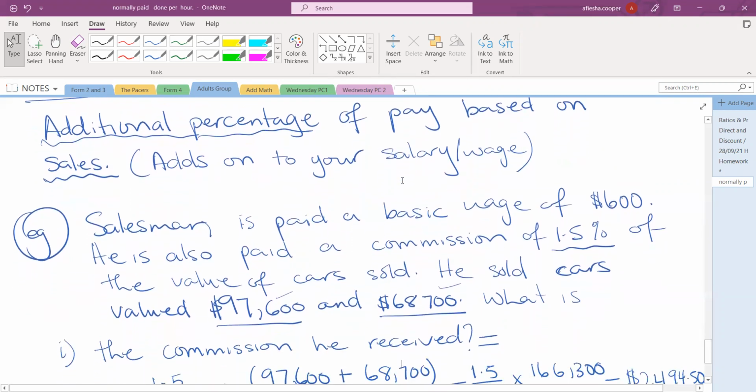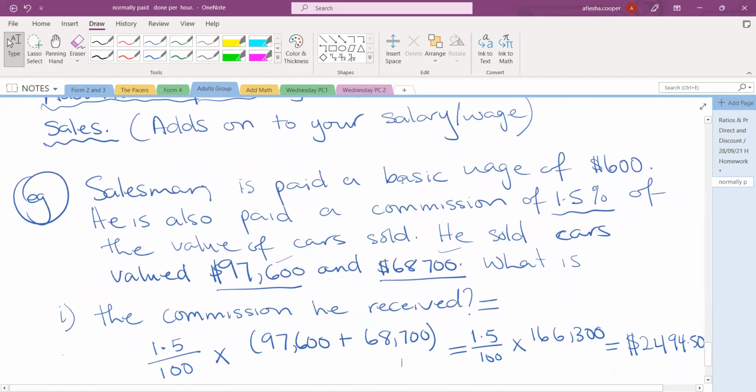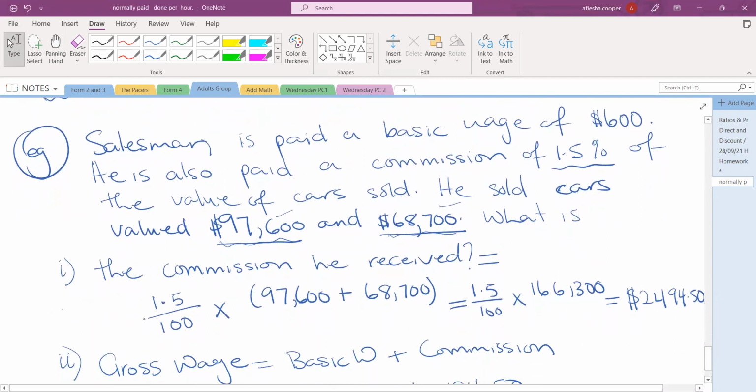So we have a salesman. He is paid a basic wage of $600. He's also paid a commission of 1.5% of the value of cars sold. So he sold cars valued at $97,600 and $68,700. So his commission will be based on the 2 cars that he would have sold. So what is the commission he received? We add up all the sales, which would be the 2 cars, and we multiply by 1.5%. You know that 1.5% is just 1.5 over 100. Right? When we work that out, he gets a commission of